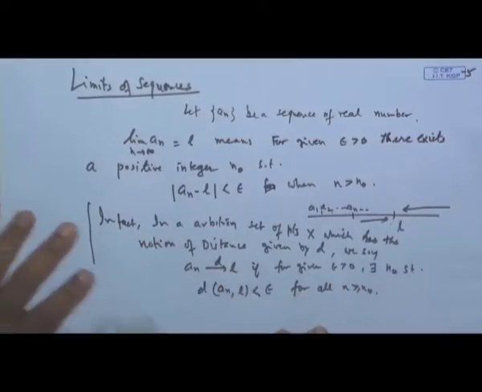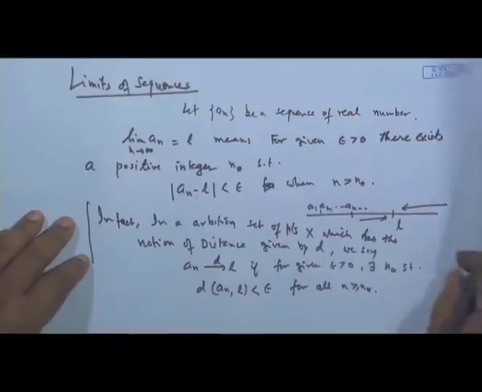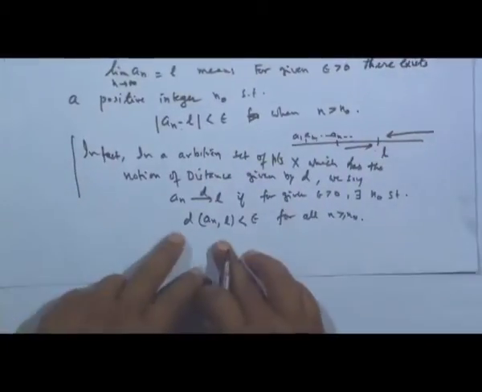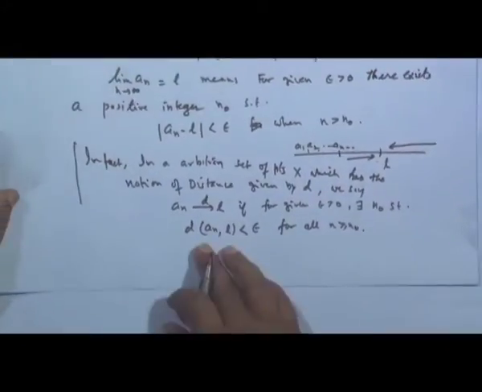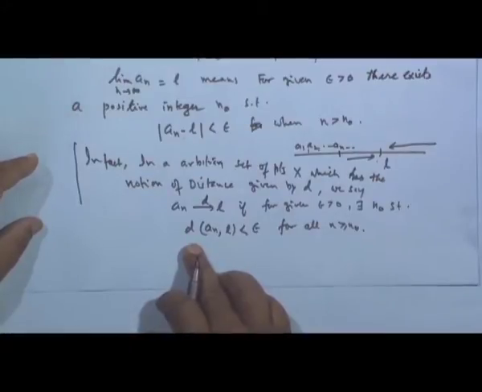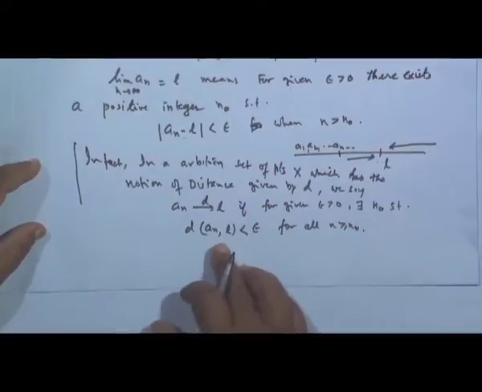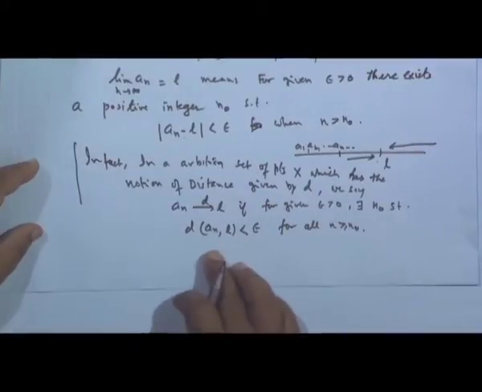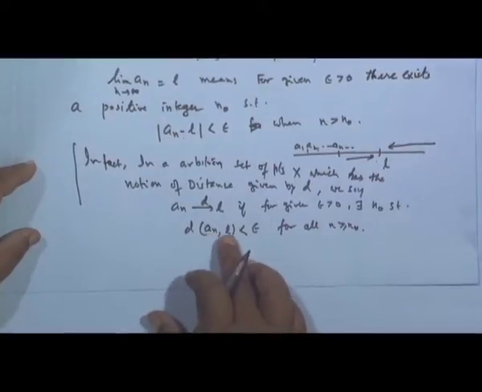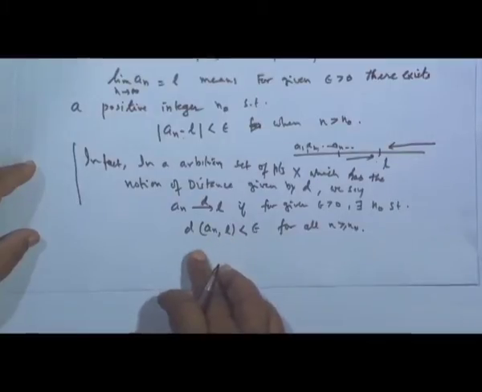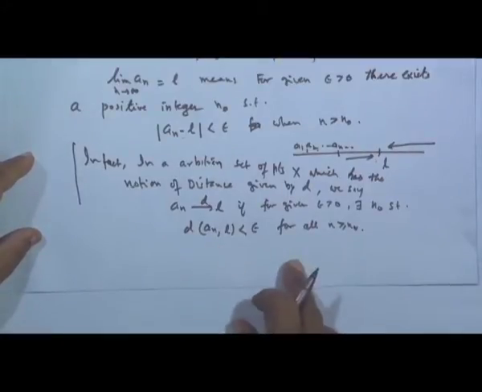This is a general way, but we are not dealing with the general, that is why I restricted only to mod. But what is the distance function? A distance function d is a mapping. What is the metric or distance function? This is non-negative, it will always be greater than or equal to 0, and 0 when the 2 points are coincident. Then we get the reverse, if A n and L are reversed, we get the same value, and then the triangular inequality. So, if these conditions are satisfied, then we are fine.